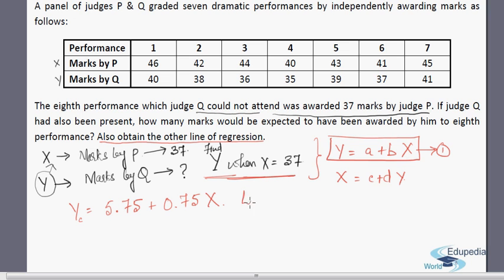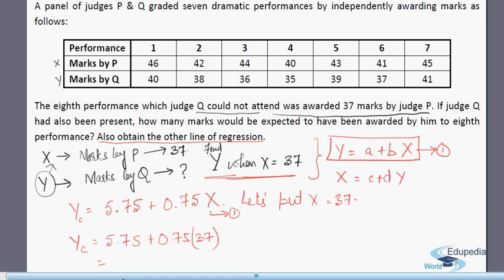So let's put this value of x equal to 37 in this equation, which is again equation number 1. So when we put this in, we'll have the value of y equals 5.75 plus 0.75 times 37,